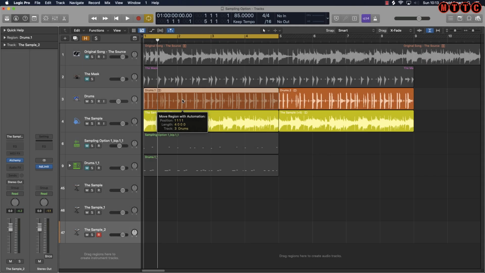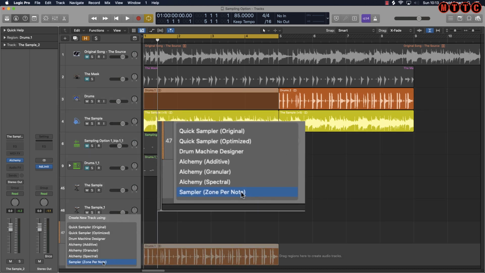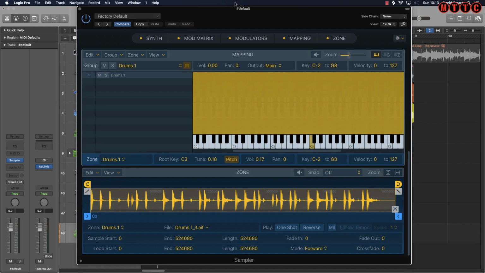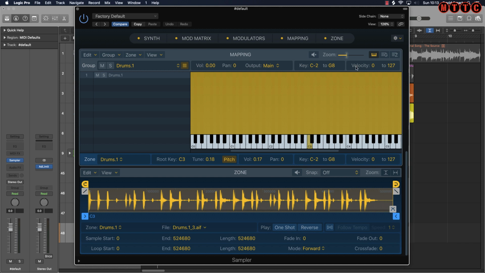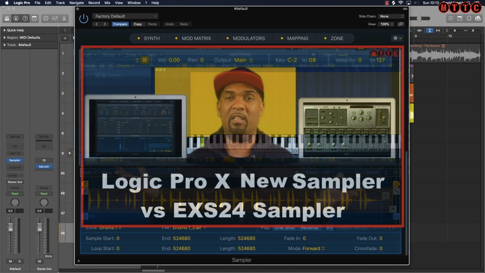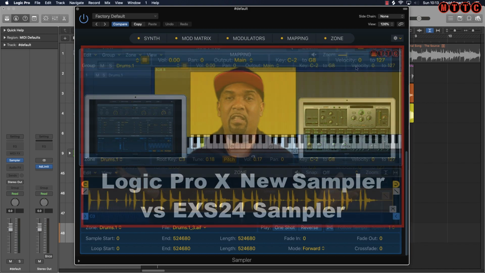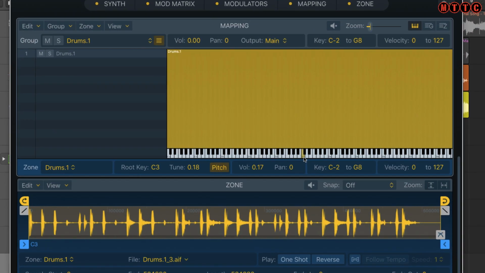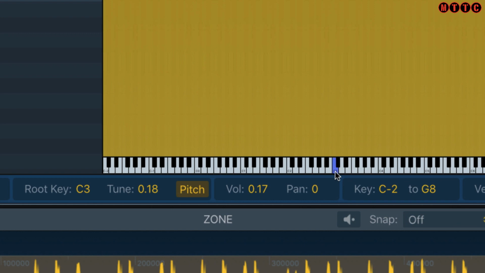And this time we're going to grab 4 bars of the drum loop and come down here, and we're going to drop it onto Sampler. And this is Logic's main sampler software instrument. It's a fantastic, very powerful tool. And once again, check out my video, which goes into more depth on how you can take advantage of the power and resources in this. As you can see, the sample has been routed at C3. And if I play back at C1, you can tell the pitch is lower and the sample plays back a lot slower.